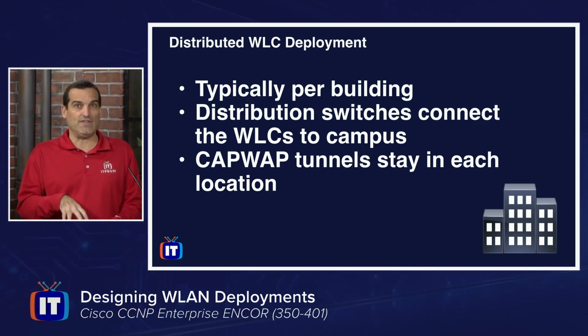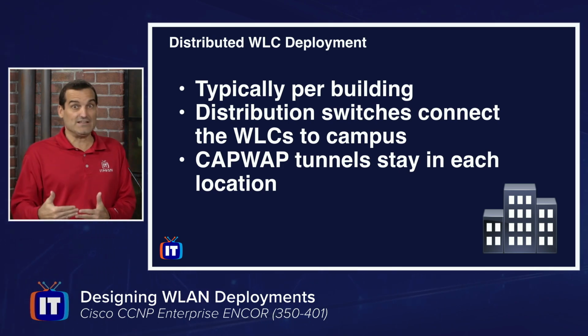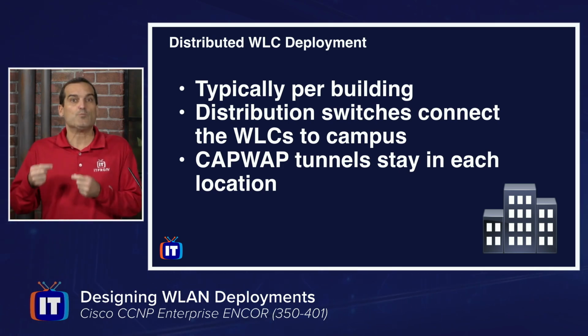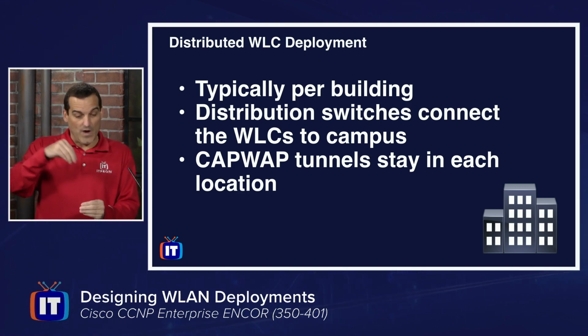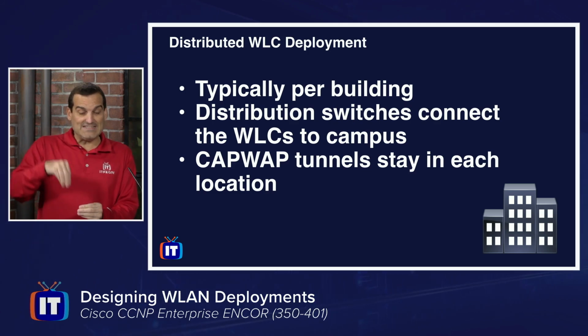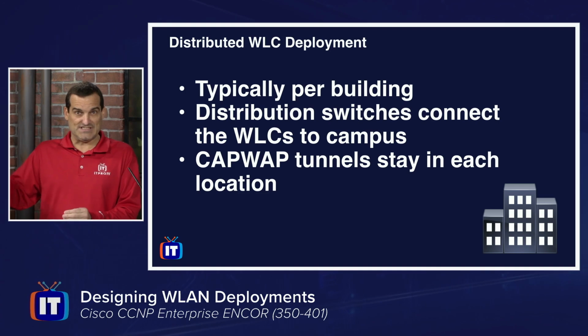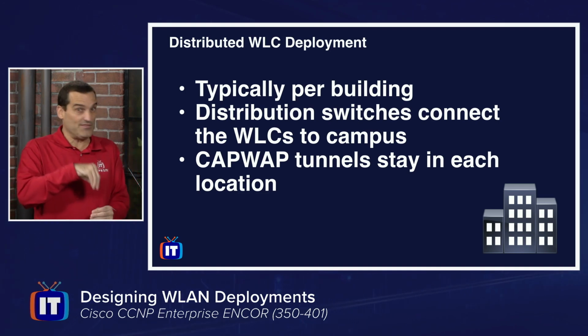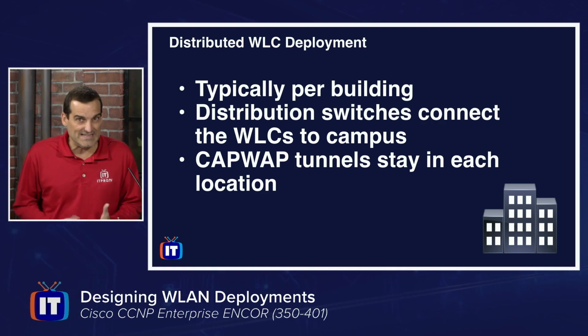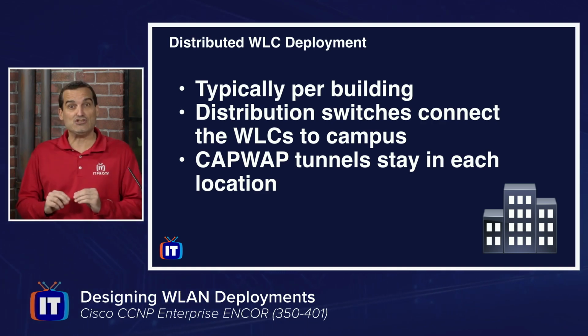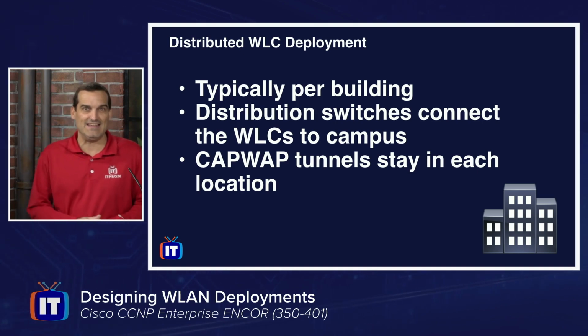controller to reconfigure things. But an often used paradigm here with the distributed deployment is that we take a wireless LAN controller and there's at least one per building. If we have this big campus with lots of different buildings, we're going to have these wireless LAN controllers connecting to distribution layer switches typically, and that's going to get them connectivity back to the main campus where our IT staff is operating out of, and that ensures that they can get the access they need to the wireless